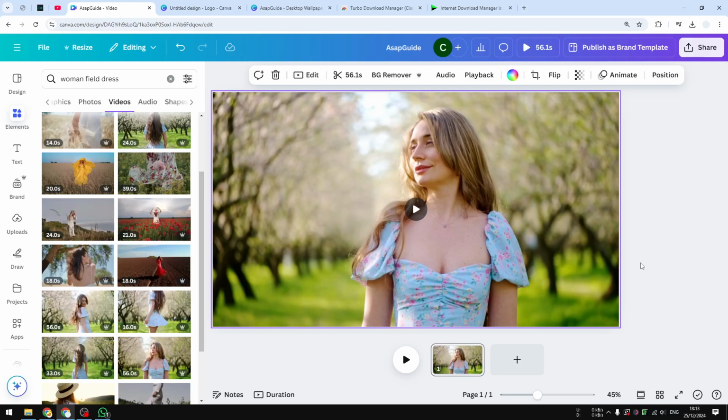This is how you can download a Canva video in the highest possible resolution, like 4K, easily. First, of course, you have to make sure that you're using a video with appropriate resolution. If you have a 1080p video and you want to download it as a 4K video, you can do that,